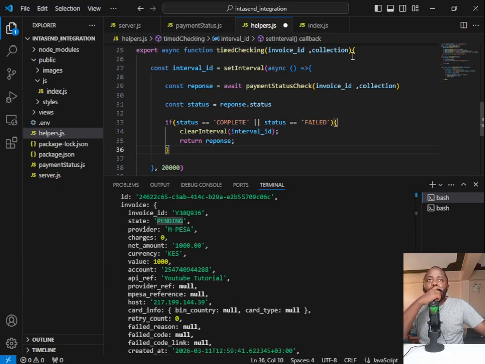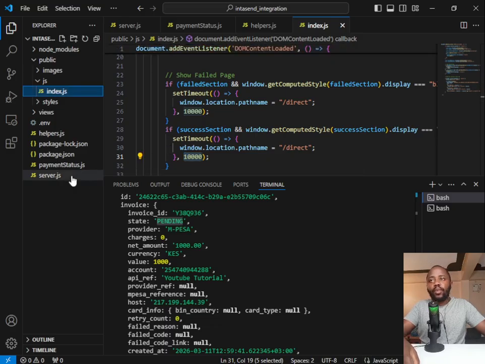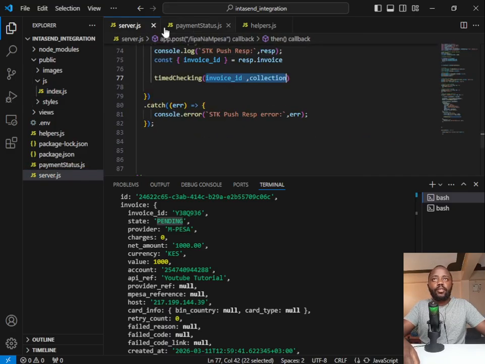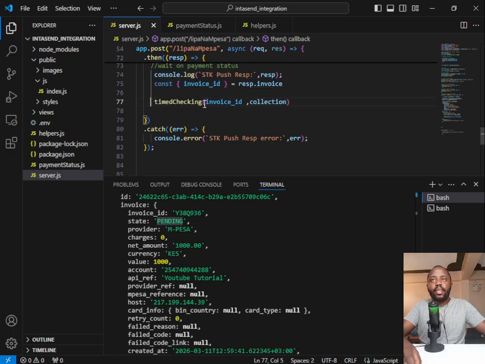This is going to be a problem, but before I even show you that it's going to be a problem, let's first of all come to our server. Let me close this one. Let's first of all come to our server, and from here,